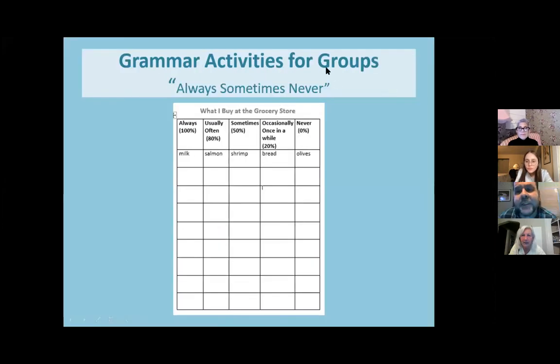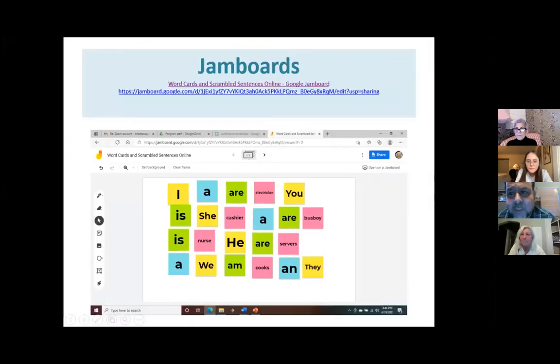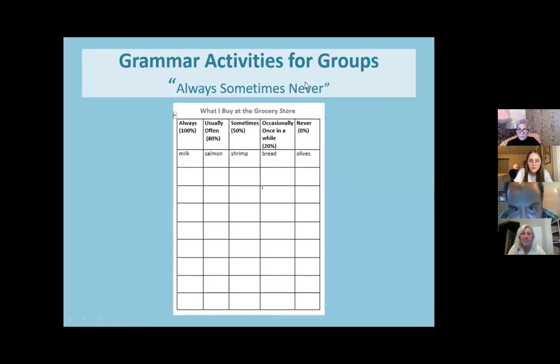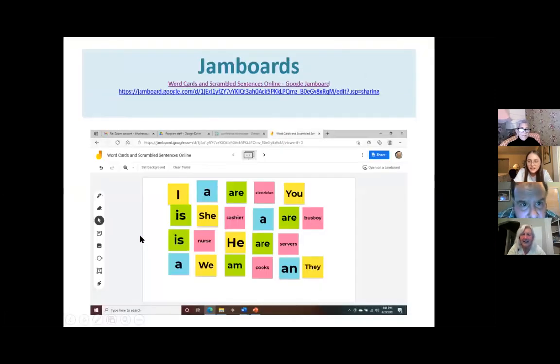Barbara, quick question. With the Jamboard, does each student get their own individual Jamboard, or are they all working on the same one? They're going to come to the site. My problem is I thought I could get to this site by... Barbara, I think I just got it in there. If you all go to the chat... Okay, thank you, Maria. I thought it would work if I could cut and paste it from the slide, but I guess not. So it's in the chat box, Maria? It should be. Is everyone able to access it? Yeah. Beautiful.